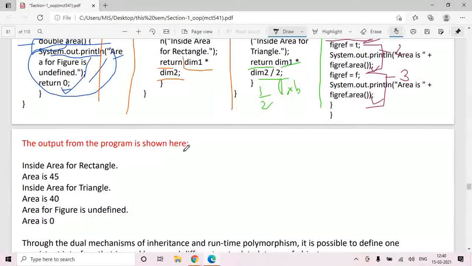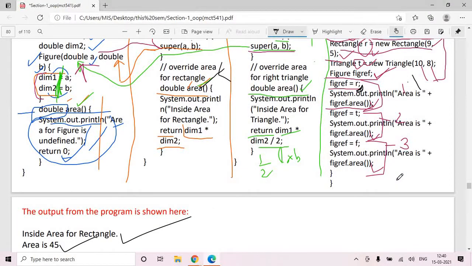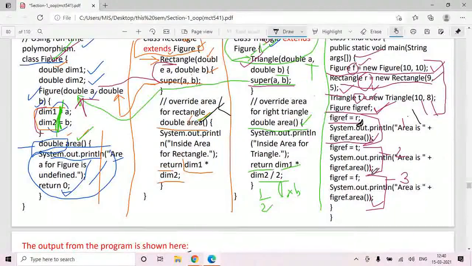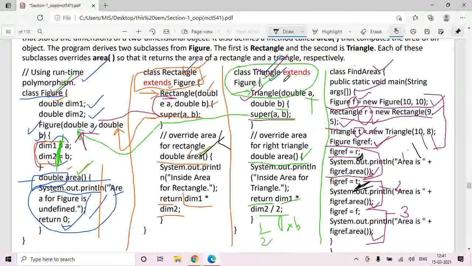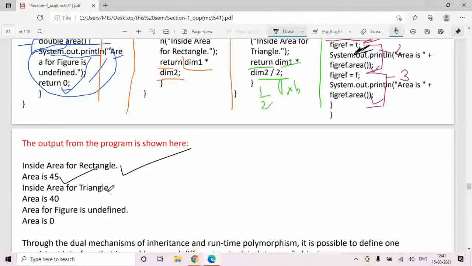We will get the area of a rectangle calculated. Second is figref.area. This function you have given a call with respect to an object of a triangle, so this will give a call to the triangle's area function and the area of a triangle gets calculated.